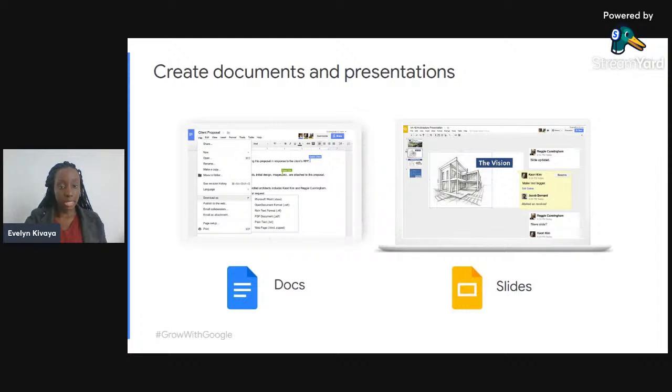We'll go through the theory part of it first, and then I'm going to show you the practical bit. Every change is automatically saved on your Google Cloud because it's on Google Workspace, which reduces your chances of losing your data. You can also work on a single document with a lot of team members. For example, if you've got 30 people in your team, you can all work on one document.